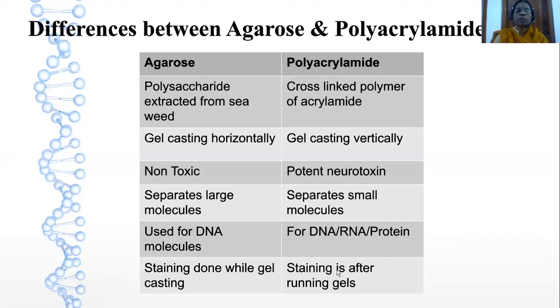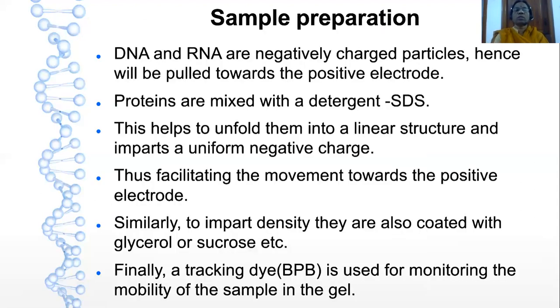Here in polyacrylamide gel, we need to stain the gel with the Coomassie Brilliant Blue, which I've already discussed in the previous slide about what chemicals we use. So you will find the formation of blue color bands in the polyacrylamide gel in contrast to the agarose gel, where we are using a fluorescent dye.